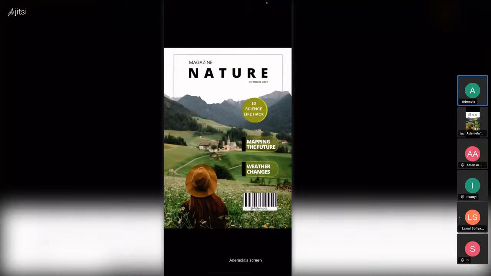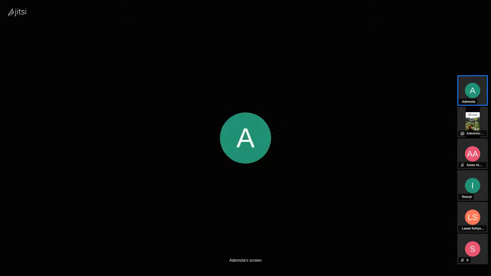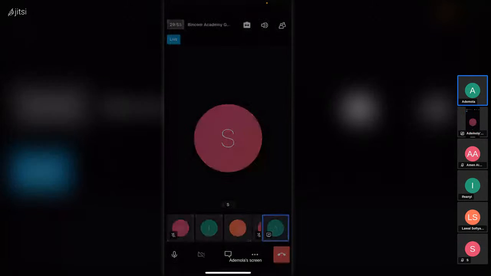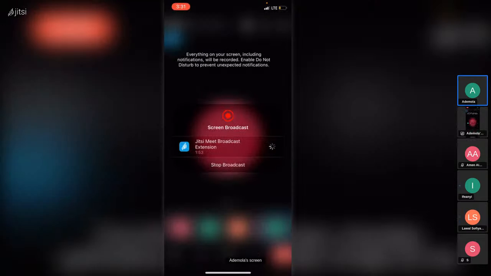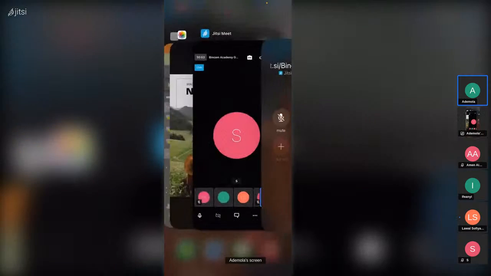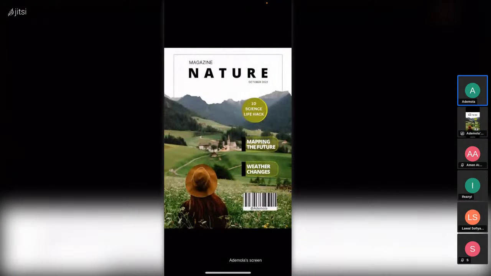I can't see your screen, no. Is it from my own side? No. Your side, because I can see it from your side. Is it from my side? Yeah, because I can see it. Can I see it like this?